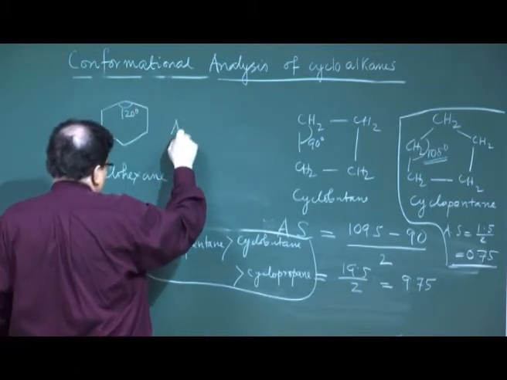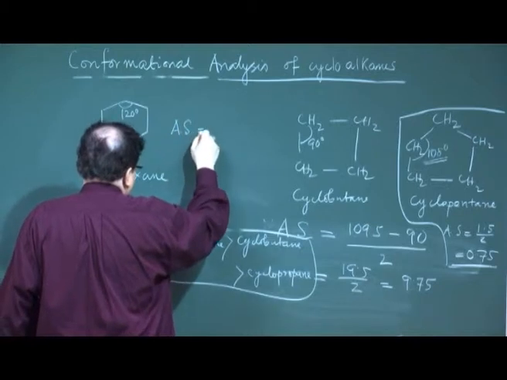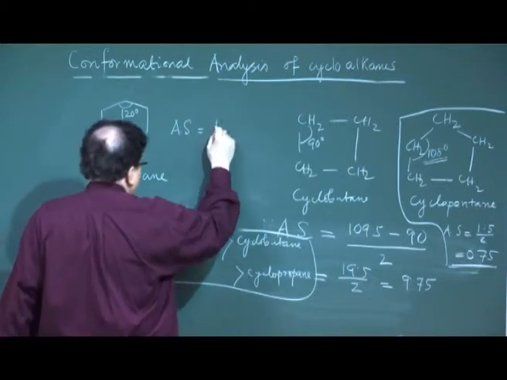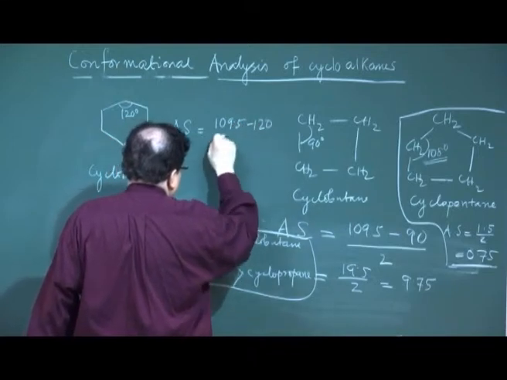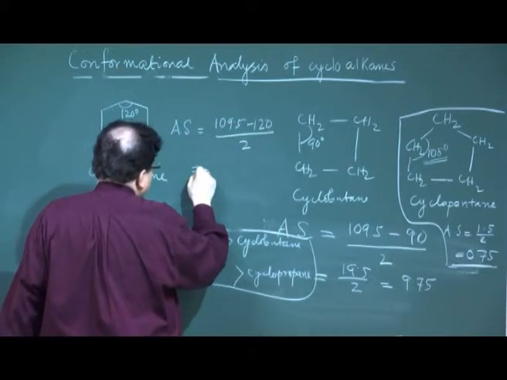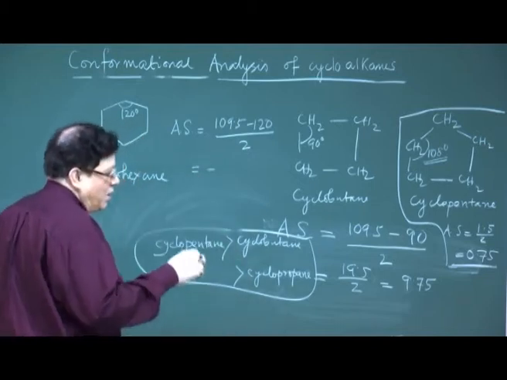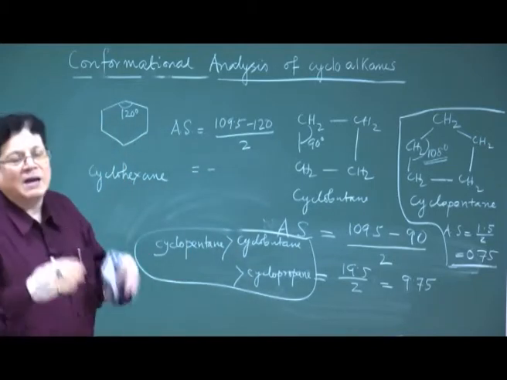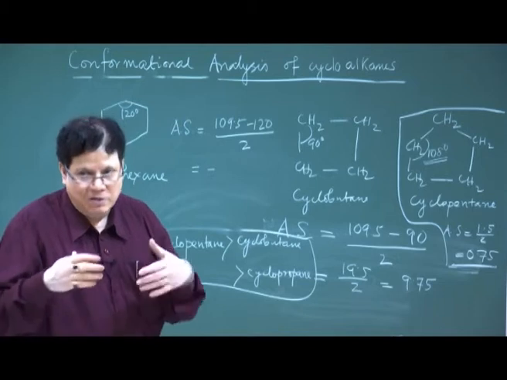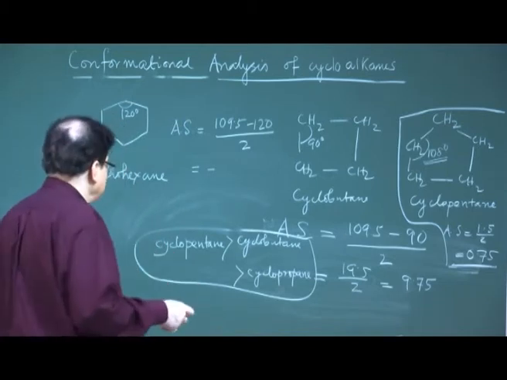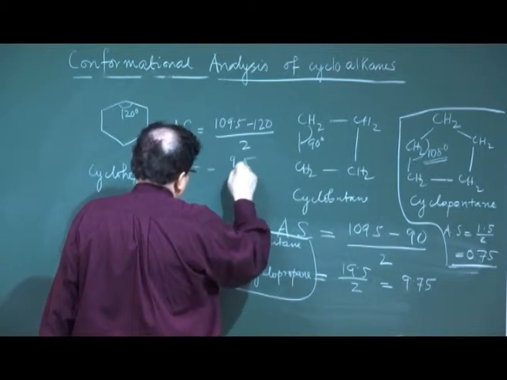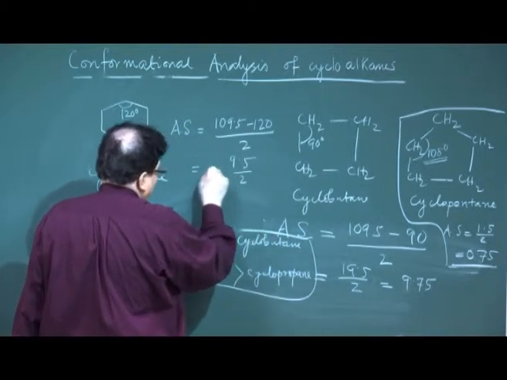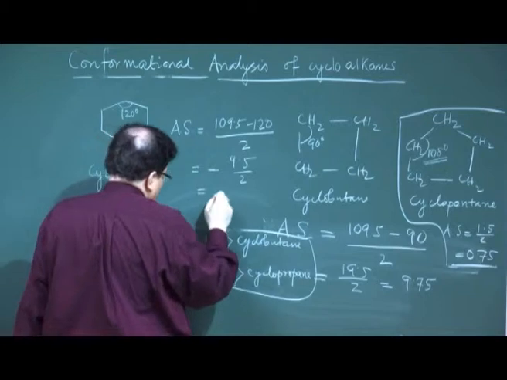So, the angle strain will be 109.5 minus 120 divided by 2. So, it becomes a negative quantity now, because you are now increasing the angle beyond whatever is required as per valency. So, this will be 9.5 divided by 2, but there will be a minus sign, and so that will be minus